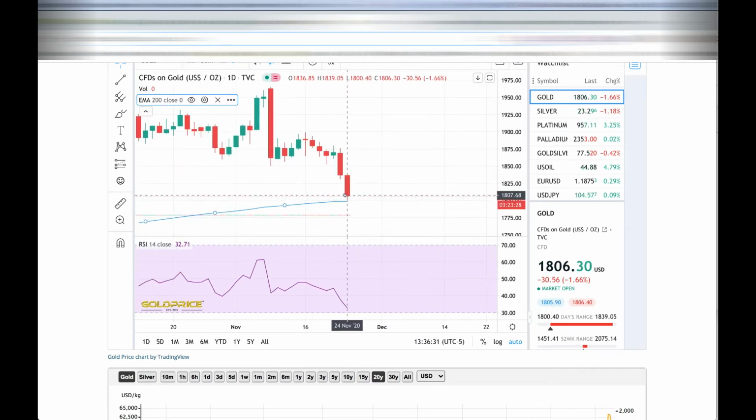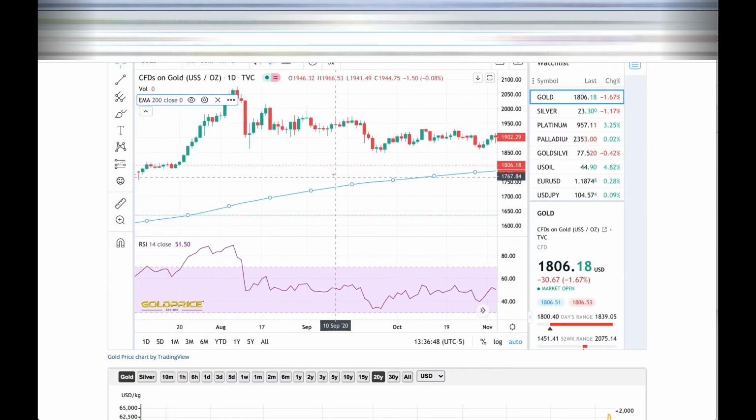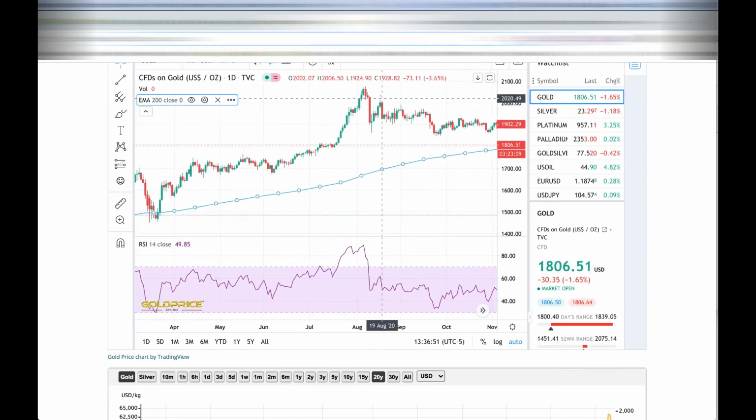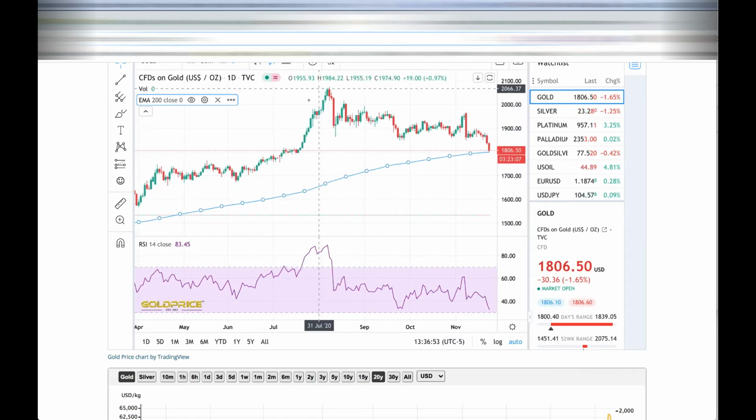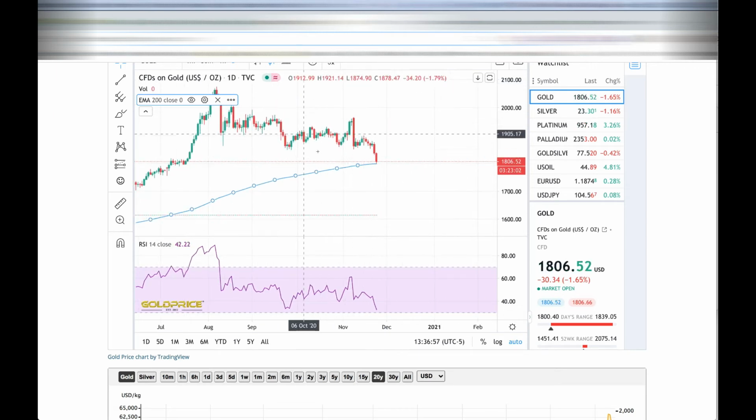And do I think it can go further? I think this is the part where the machine learning algorithms come in and help me in my prediction. And I'm pretty happy that it's correct. I'm not so happy, like, if you bought before, I'm really sorry about your loss. If you bought, say, 10 ounces of gold when it was at 2000, it's not great. But if you've been buying slowly, cost averaging in after the drop, you're not doing too badly.